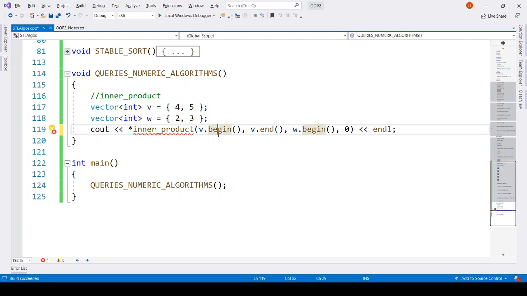Basically, the begin will automatically know the end because we have provided the first iterators, right? And where it will end, the first collection. So begin W has to end where V is ending, basically. So let's now try what is the output.